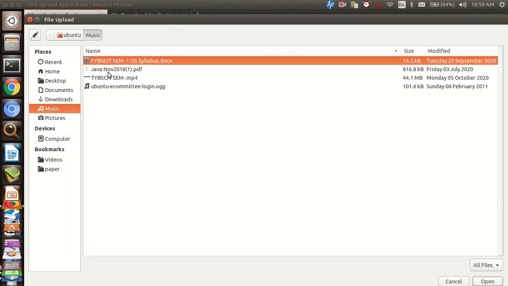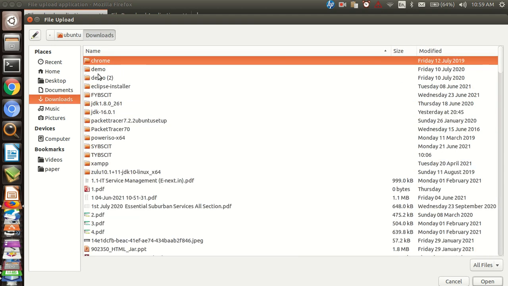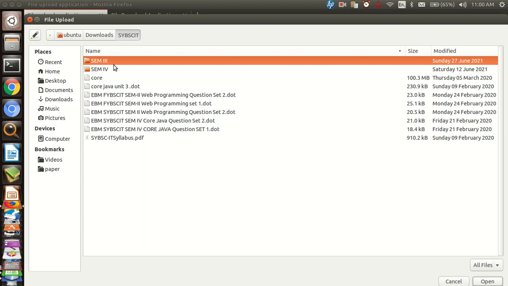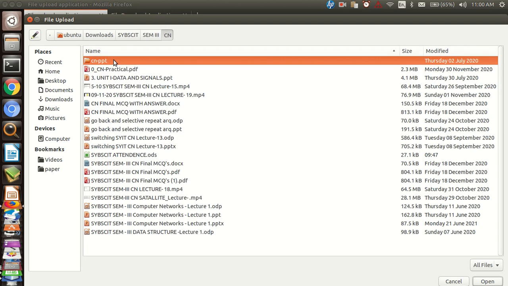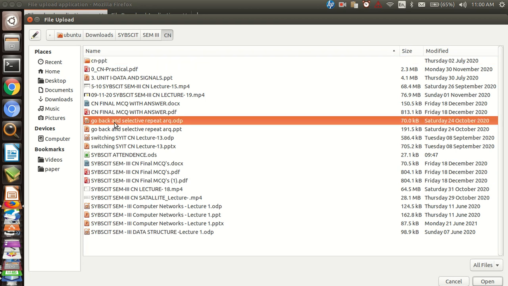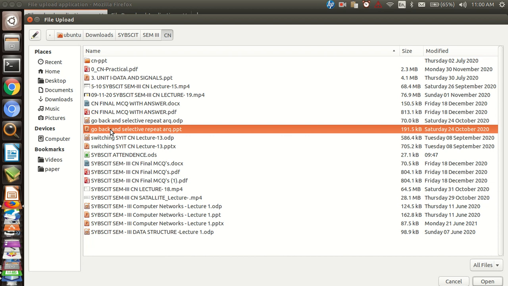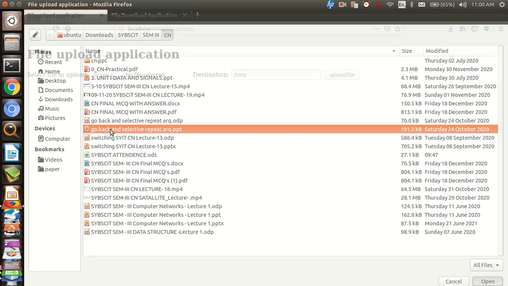Suppose we have a file, FYBSCIT semester 1 OS, let's take another file. Yes, suppose we have a file called go back and selective repeat arq.ppt.